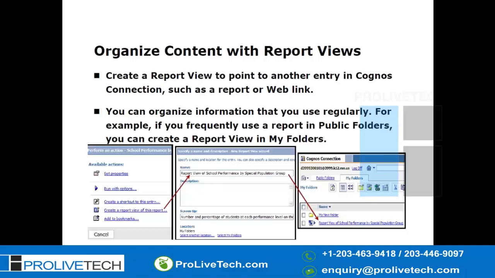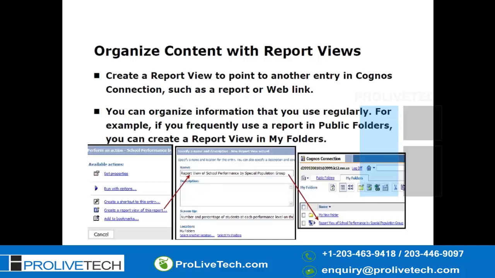So you can create two or three different copies of the same kind of report. They don't want the reports to be different. They just want to see the country-level data. So at that time you can create a report view and you can schedule it. That way it will help you.